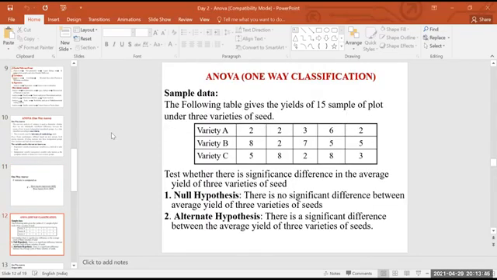This is one sample data. Sir, voice problem.